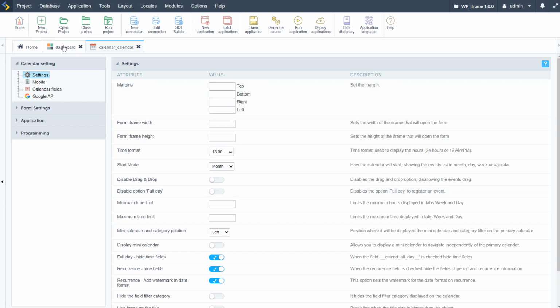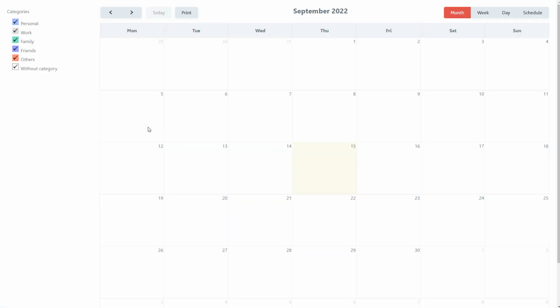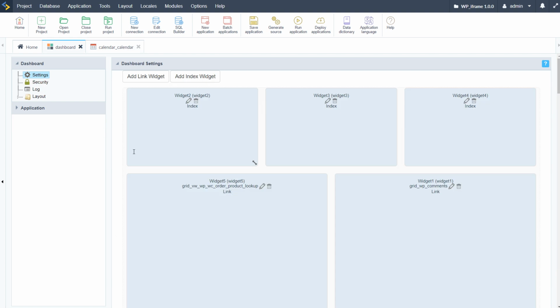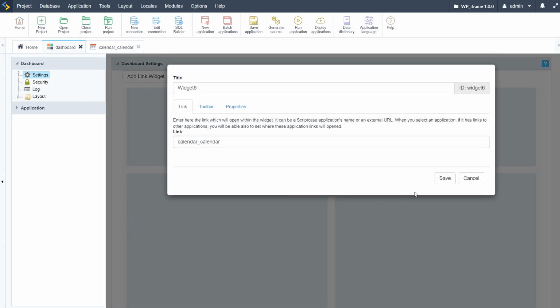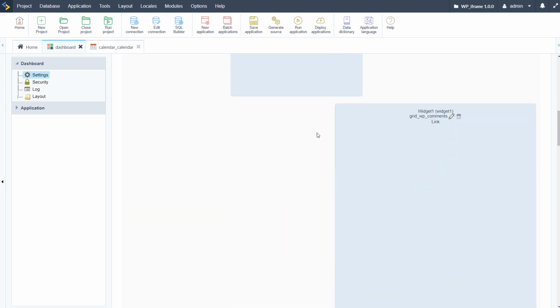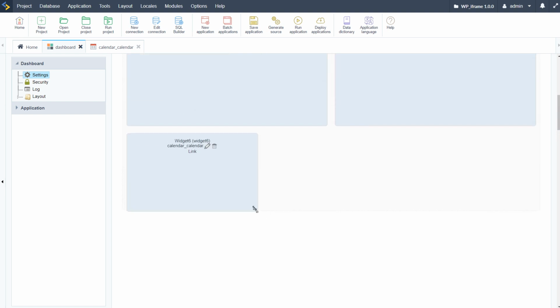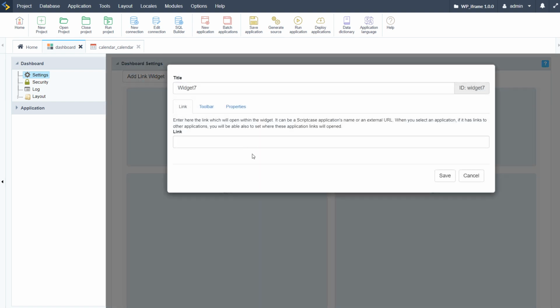Otherwise, we can have the calendar separate from that. And just like that, we have a full-size calendar there. And what I want to then do is add that into our dashboard application. And just like so, we've added that. Again, I just need to drag that down out of the way. And then with our calendar application ready, we can, within our dashboard, use the add link widget again,